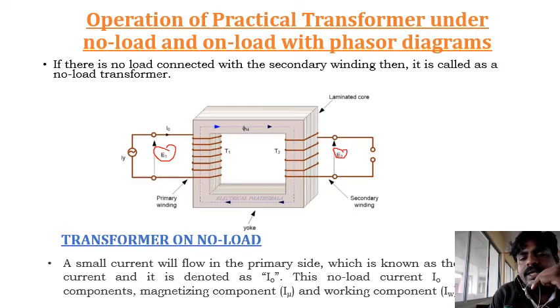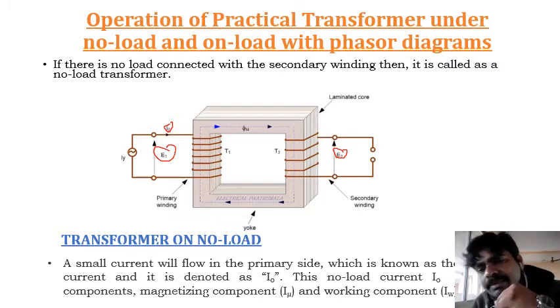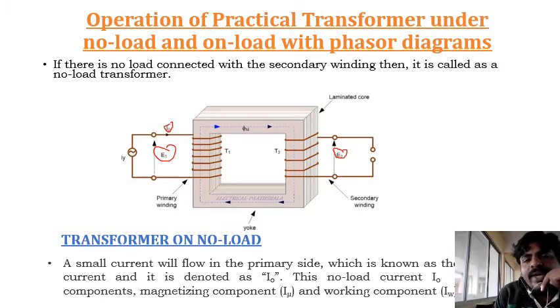And here there is a primary current, usually called I0, that is the no load current. If the load is disconnected, then a small current is drawn, called I0, the no load current. And due to the mutual induction principle, there will be a mutually induced EMF, and this mutually induced EMF is due to the mutual flux. This mutual flux is denoted here as phi m.